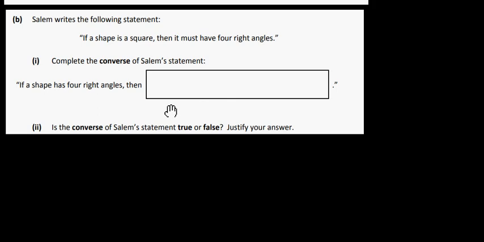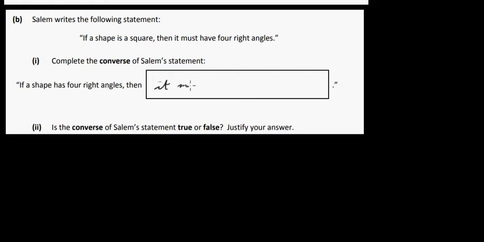Salem writes the following statement: if a shape is a square, then it must have 4 right angles. So if a shape is a square, then it must have 4 right angles. Now a square will also have 4 equal sides as well, but complete the converse of Salem's statement. So the converse is just the reverse, if you like. So they started off here for you. It says if a shape has 4 right angles, then